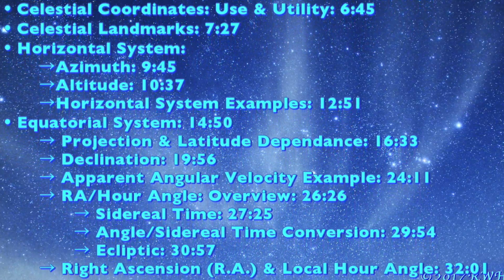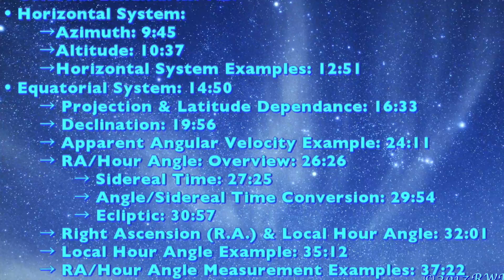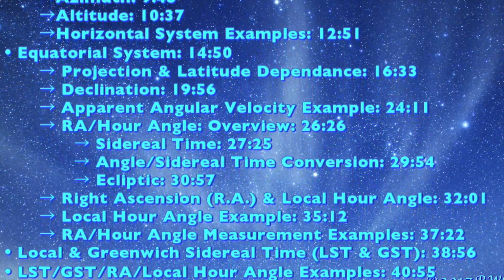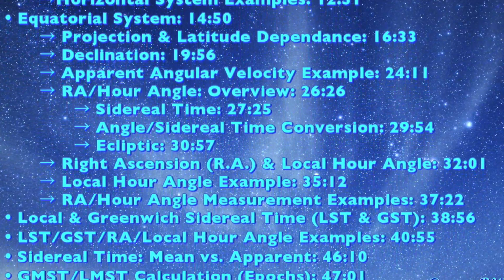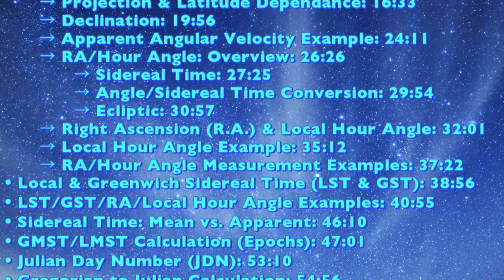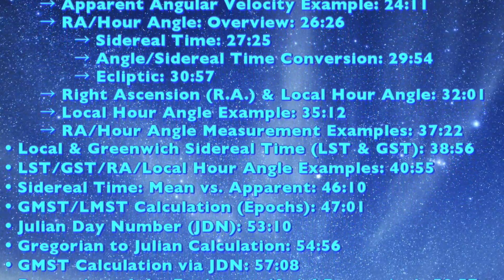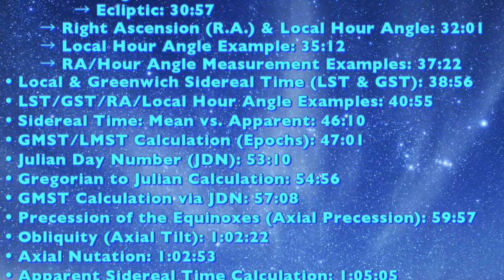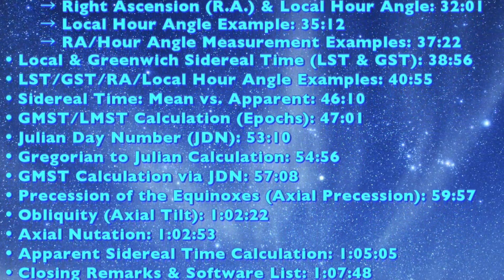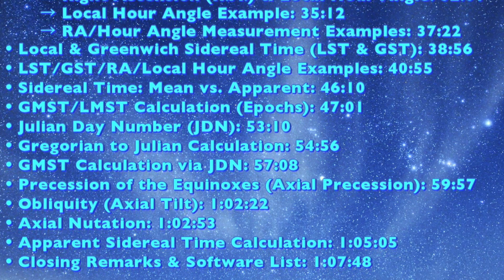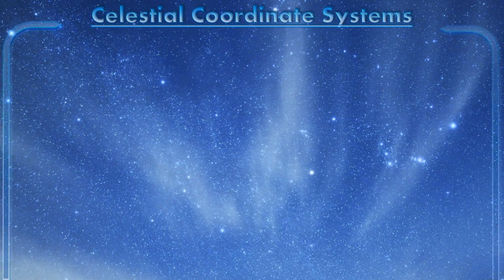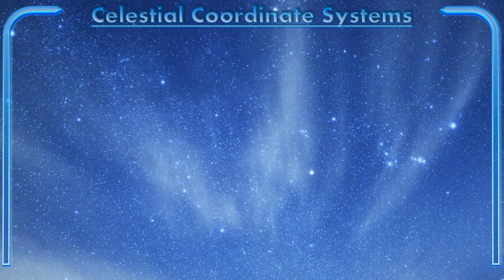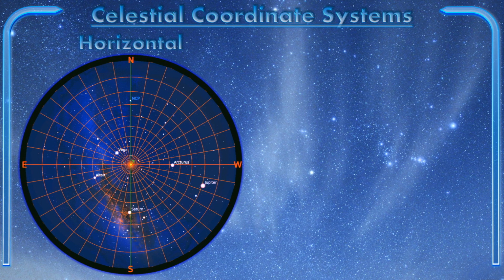This particular video will focus on a comprehensive coverage of the most commonly employed celestial coordinate systems, which are used to locate and track celestial objects such as stars, planets, and deep sky objects. In addition to explaining the function and use of celestial coordinate systems, we will also cover related topics, such as sidereal time, the Julian Day System, and the effects of axial precession and nutation. The two celestial coordinate systems we are going to be focusing on today are the horizontal system and the equatorial